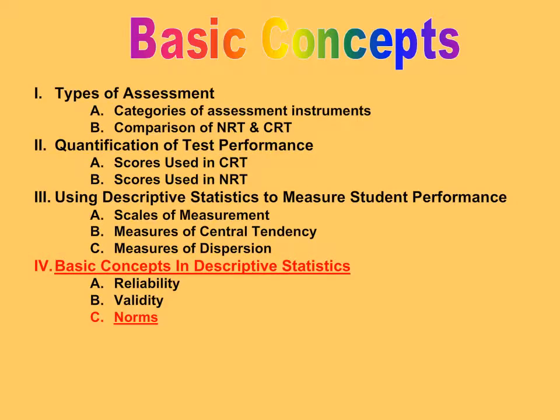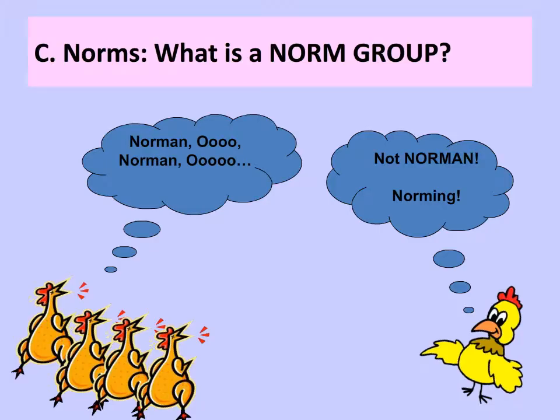Norms, reliability, and validity are all interwoven and are the basic concepts in descriptive statistics. Remember, in education, who are we describing? The student. Not Norman. Norming. As we have discussed, when publishers create a test instrument, they evaluate the quality of their test